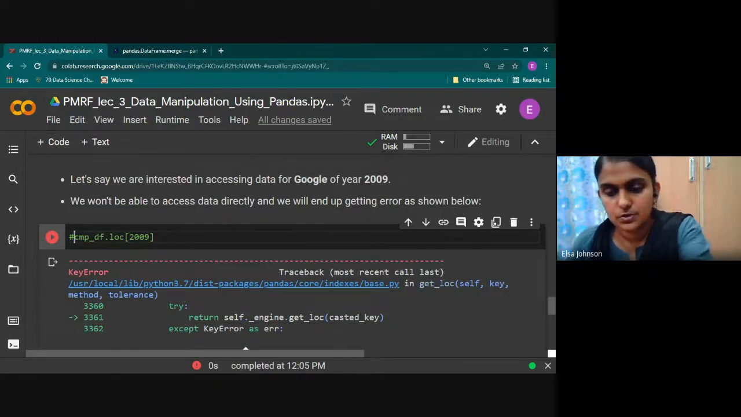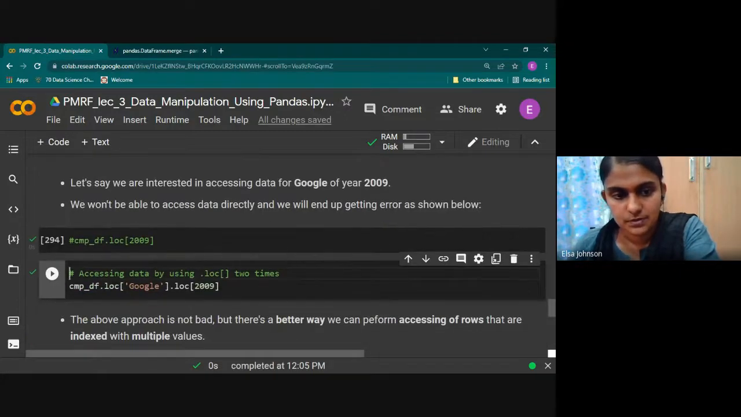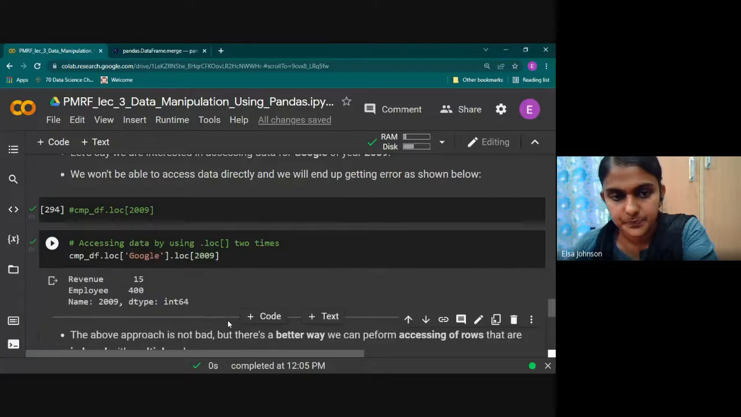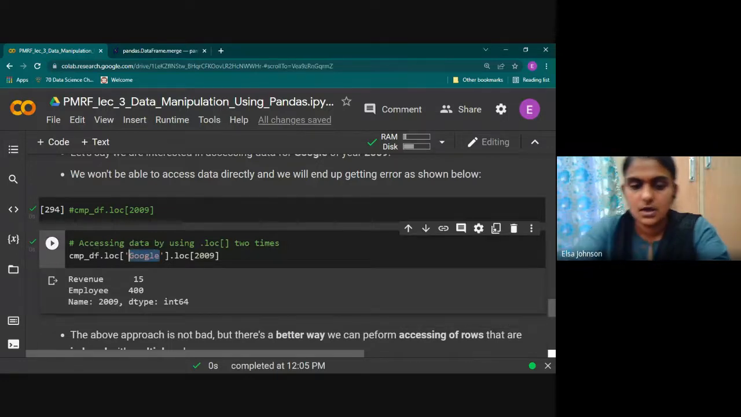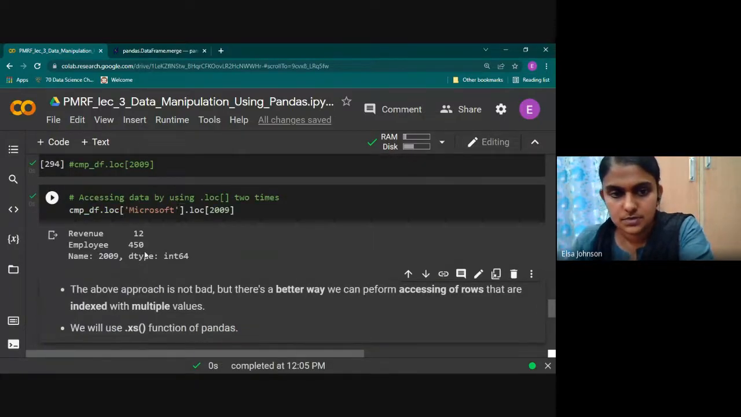So if you want to do that specific operation, you have to first specify which is your company name, and in that, so loc is user specified, right? So loc Google dot loc 2009. So two times you have to use loc. Then only you can access that specified column. So if you want the year 2009 of Microsoft, you just have to type that and see in 2009 what its